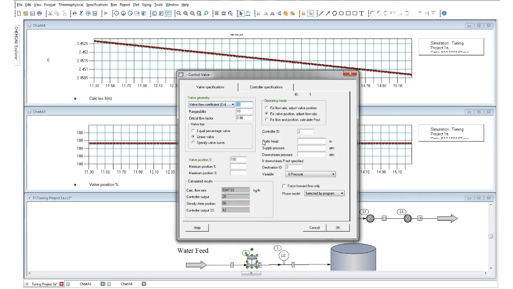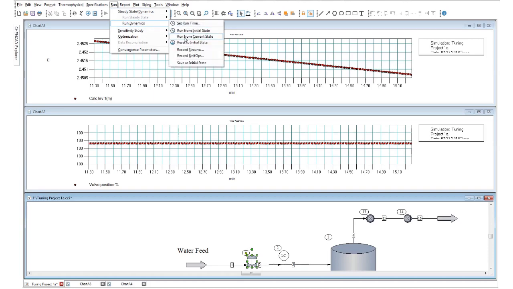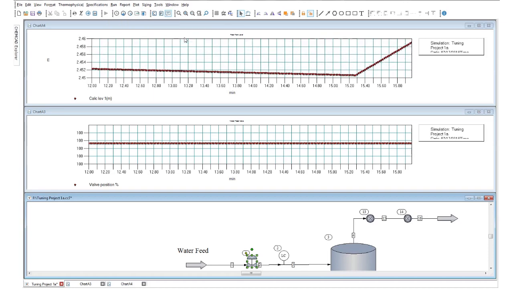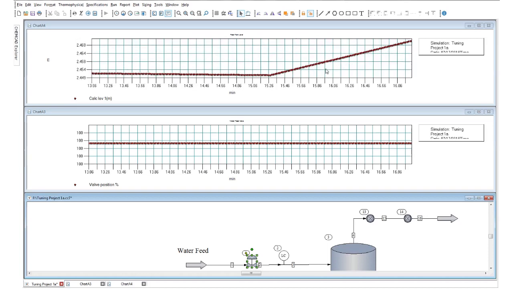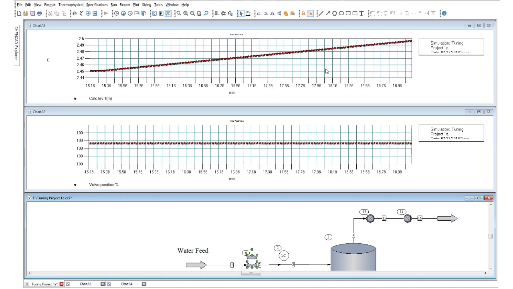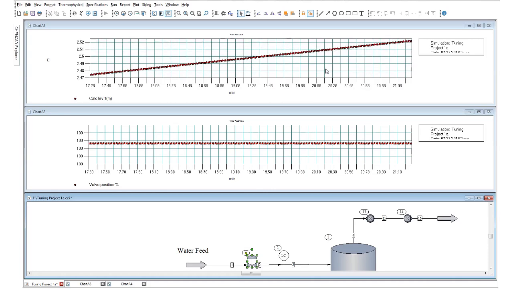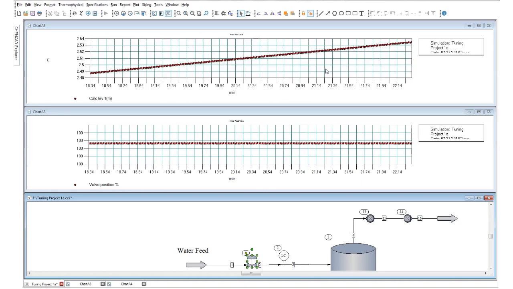So I'm going to change this and just double that valve coefficient and see how well this will work. So now I'm going to be able to double the flow rate into my tank more or less, and we'll see what will happen. So I'm going to go under Run, Run Dynamics, and click Run from Current State. Okay, what do I see happening? Now my tank is starting to fill up. I'm at 100% valve opening, and this will run for a period of time until I reach my target set point of